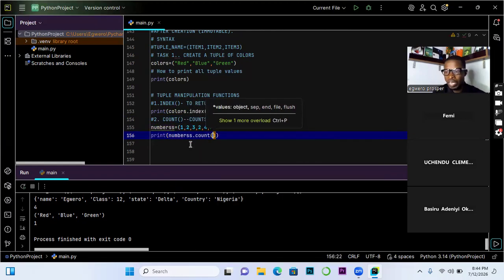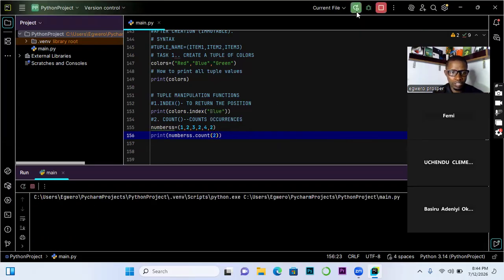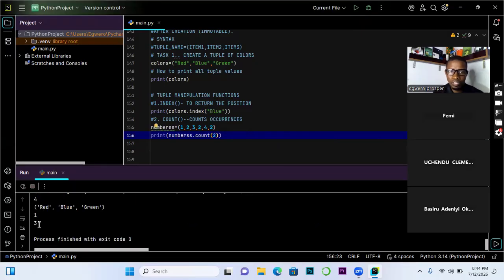What we put inside the count is the number we want to check, how many times we have 2. You can see that I did not quote it because it's a number. How many times do we have 2 in the tuple? It's going to tell me whether it's 3 times or 4 times. Let's execute and see. It returns 3.